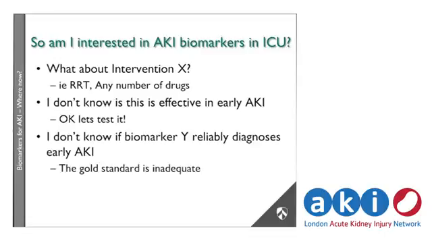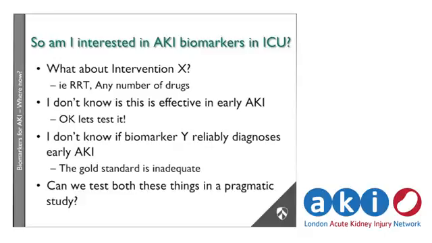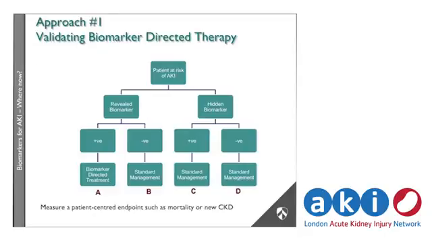There may be study designs that can test it, okay? So you could test both things in a pragmatic study. So you could do something where you have a biomarker-driven therapy and you have a control arm where you measure the biomarker but you don't give the clinician that information, okay? And then you would need to compare this group to this group as well as this group to this group, okay? And overall this group versus this group. Now there's only one study that's gone to this kind of design, and unfortunately it was a study looking at erythropoietin therapy in acute kidney injury, which was not what I would have chosen as my intervention, but it was negative. But some people have studied this kind of design.